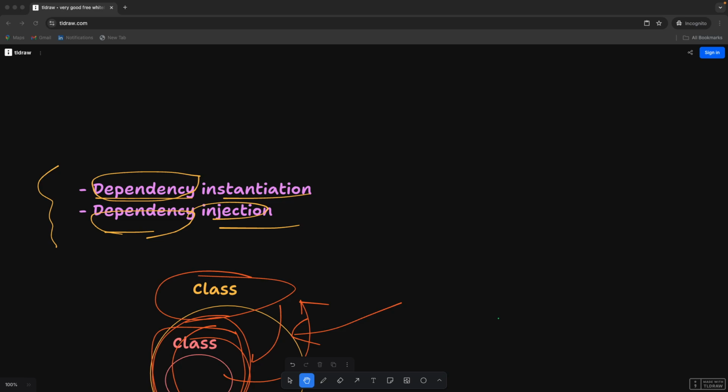So basically, what has happened is we have made the outer class loosely coupled. Now, our goal is to reduce the amount of coupling in the inner class as well. The composition concept is when you have an object inside another object. For example,